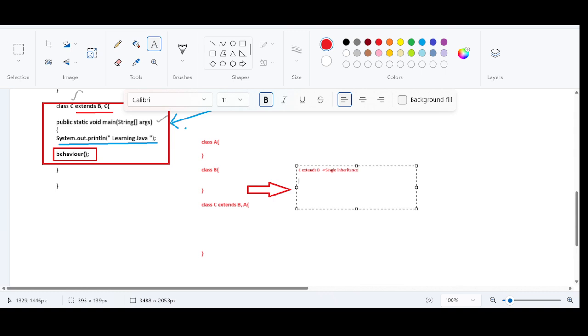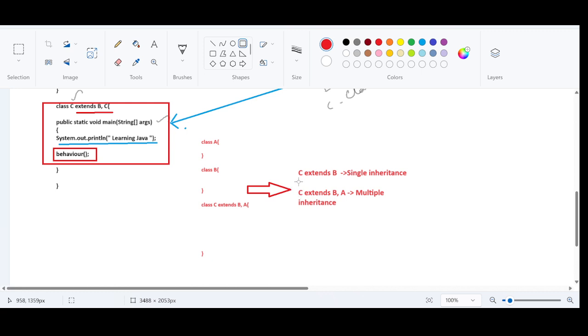If you have two classes, B, comma, A, this is multiple inheritance. The first one is possible: you can have one class after the extends keyword. If there are two classes, it is definitely not possible in Java. By looking at the extends keyword, if you find two classes after it, you have to come to the conclusion that these things are not possible in Java because it is representing